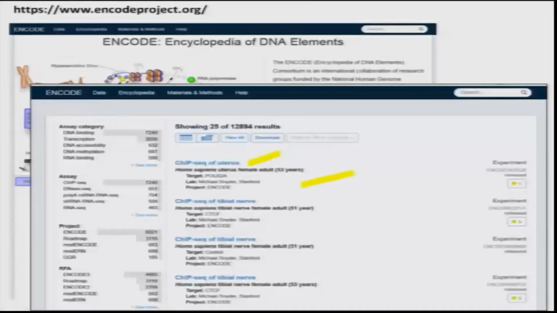And for this people do what is called chromatin immunoprecipitation, and that data, for example, from the uterus of a female adult, you can see that, and you can see it from the nervous tissue and so on. So, you can get the data for each tissue of the human, either a normal tissue or from cancerous cells. So, you can go and mine more and get more understanding. So, that is one snapshot of